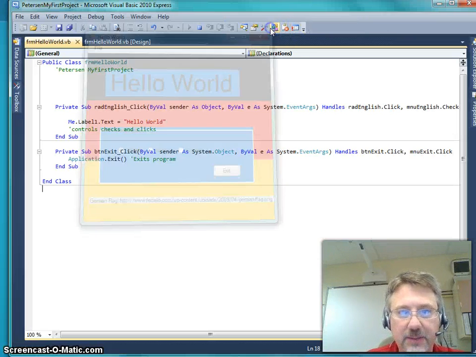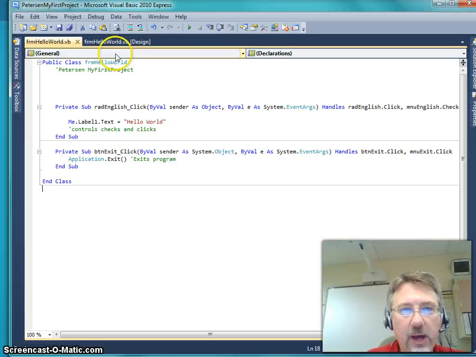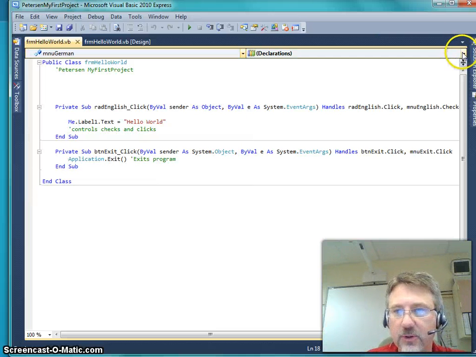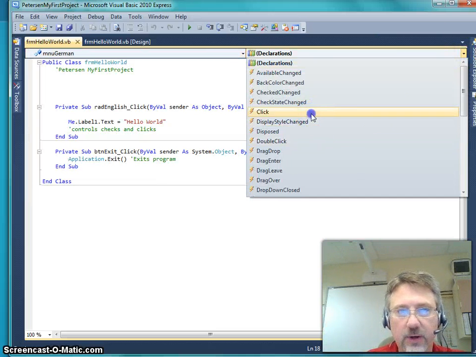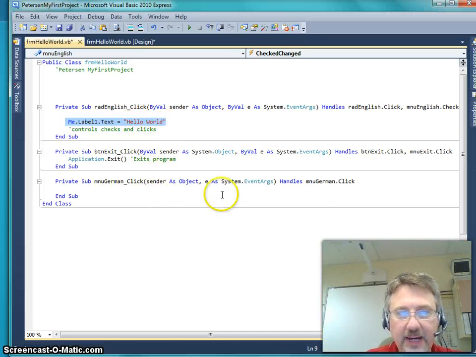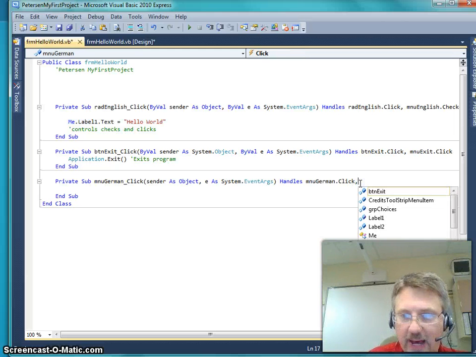Now we don't see any change yet because it doesn't change away. So you're going to need another event because you can't pile German in there with it, because German has to do a different thing here, right? So we're going to make a click event for German. And now in here, we're going to write the same assignment statement, Me, label whatever dot text equals, and then from Google Translate or something, you can get this text in German and put that in there. And then you'll want to combine with it